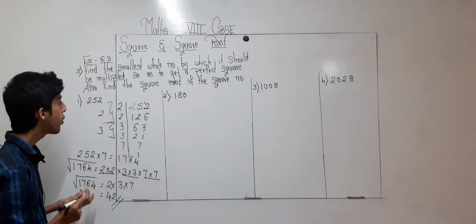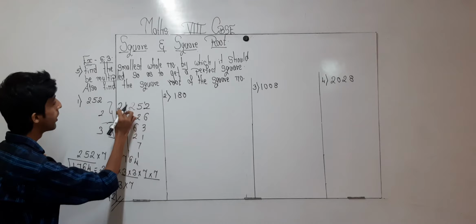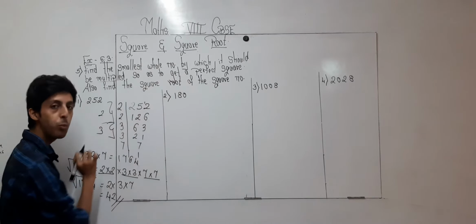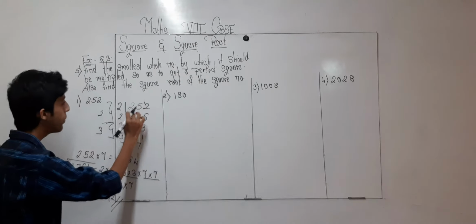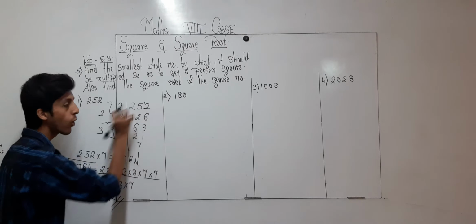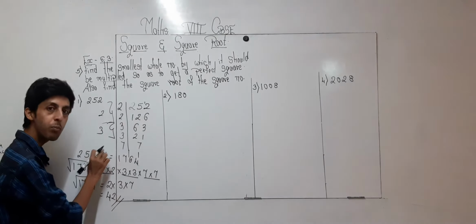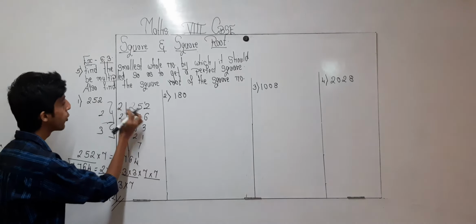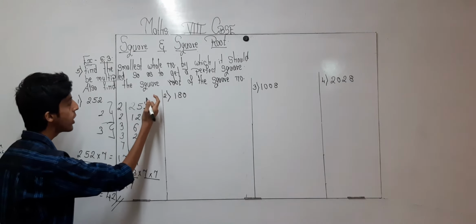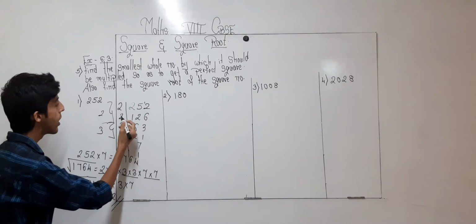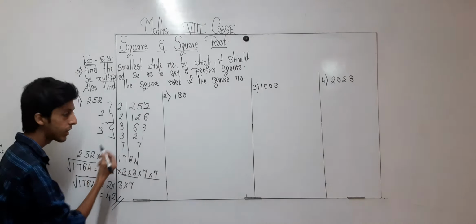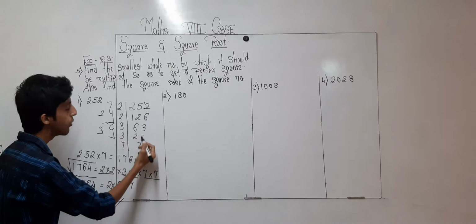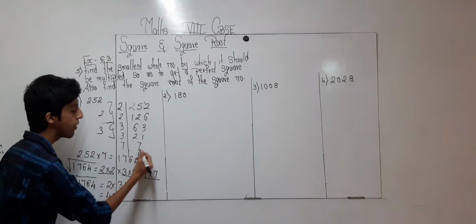Okay, understood over here. See, again I am explaining. The smallest whole number should be found. So for 252 it is being asked what should be multiplied, since this is not a perfect square. So we require some number. So first we are finding it. 2 1s are 2, 2 2s are 4, over here 1 is remaining. 2 6s are 12. 2 3s are 6, 3 2s are 6. 3 1s are 3. 3 7s are 21 and 7 1s are 7.